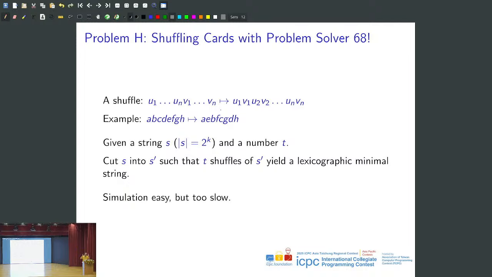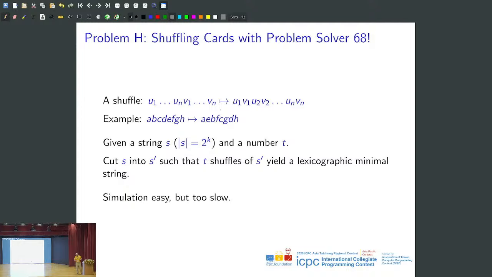Now the question is, if a person shuffles the string t times, you're allowed to cut the string once, which means just to cut it and then rearrange the two halves. And then it's shuffled t times,